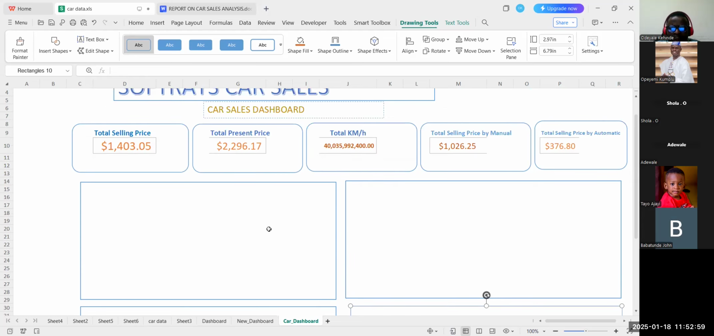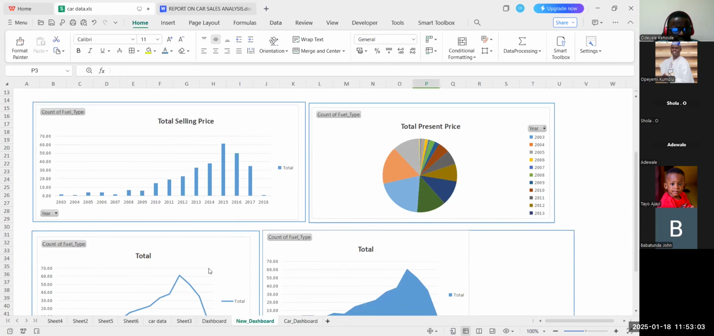Now we want to, let's now check our total selling price based on year. Okay, based on year. Now,